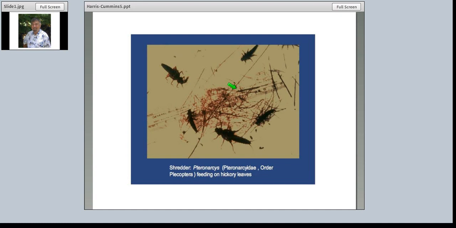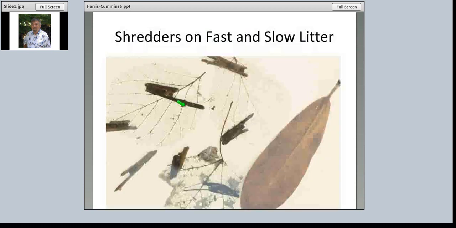And you can see this is a handful of leaves fed on by these 5 stoneflies for about 48 hours in culture. And you can see they've reduced the full leaves to major veins and midribs. And those parts of the leaf, of course, have more lignin and less microbe colonization. So you can see that they are selectively feeding on the portions of the leaves that have the most fungal biomass.